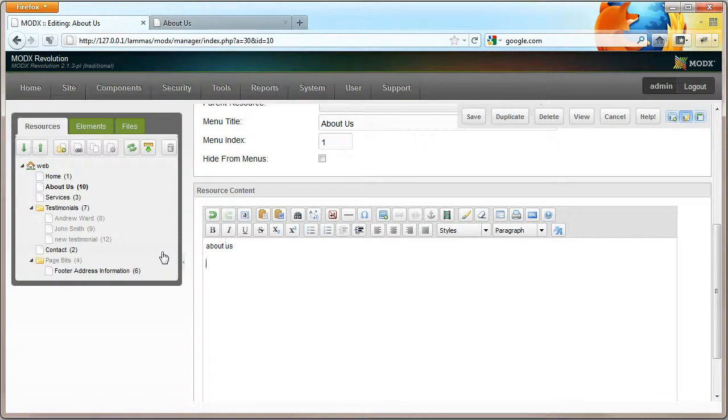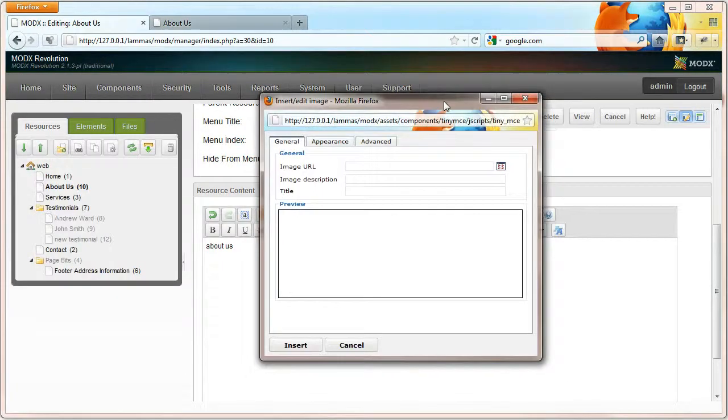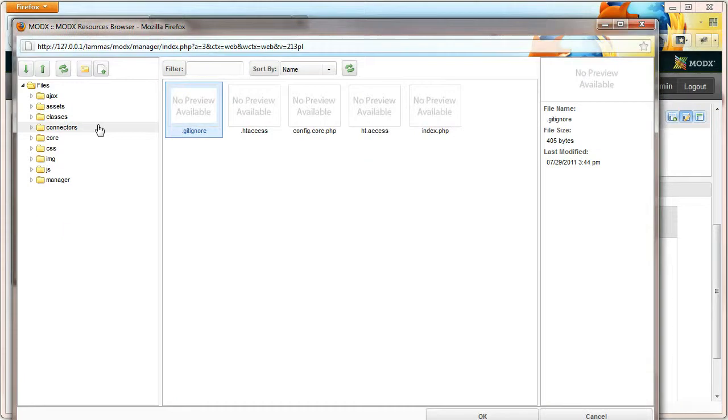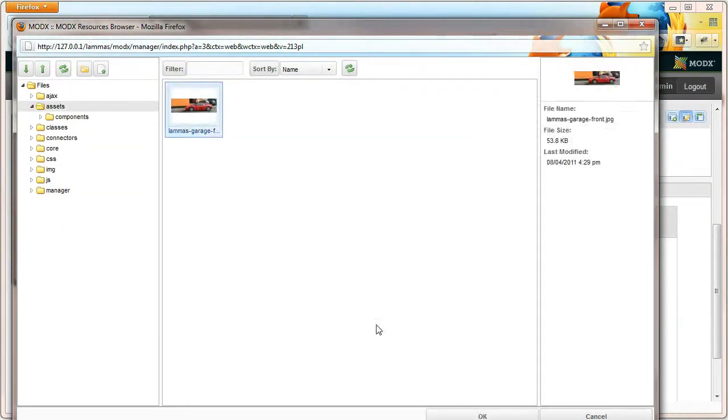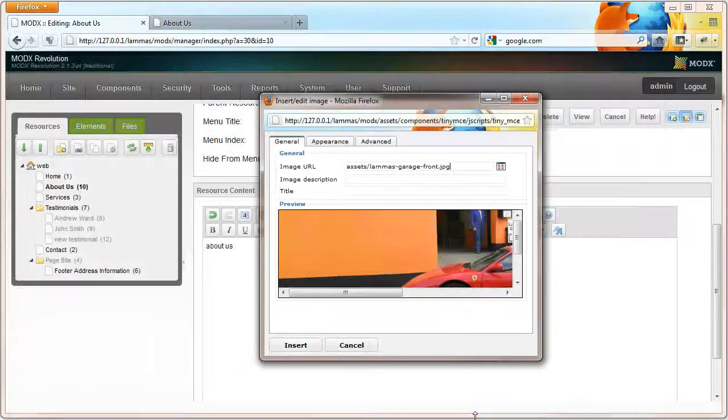So you'll notice there are various editing tools here. Now some of them are self-explanatory, like bullet pointed lists. But the one we're looking for is this Insert Edit Image icon. So if we click on this, we get this dialog pop up. You click on this Browse icon, and then you can select this Assets folder from the file system. And there's the image we've just uploaded. So if we click OK,